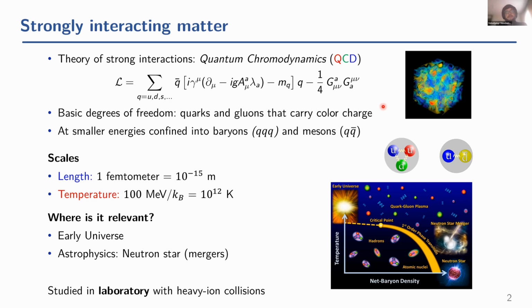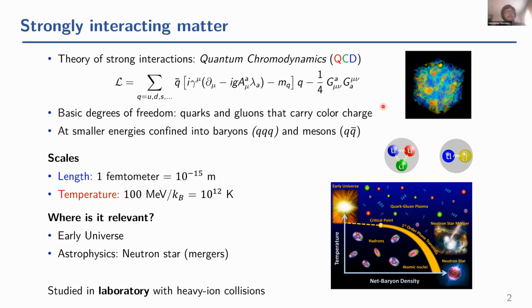And baryons are the building blocks of matter, like for example protons and neutrons, which form nuclei, and mesons are bosons, so they mediate the force between nucleons. That's the way to think about this. Then the scales are typically 10 to the minus 15 meters as far as lengths go, and the typical temperatures are of the order of trillions of degrees Kelvin. So these are by far the hottest fluid studied and created in the lab.